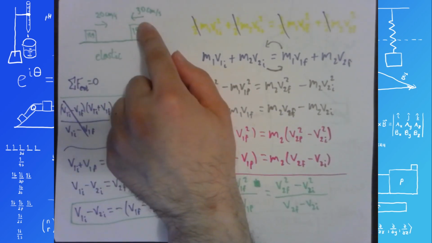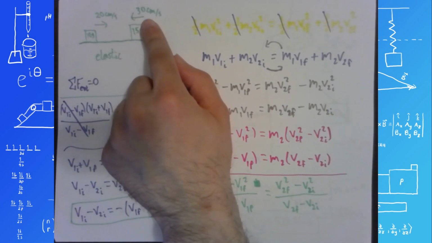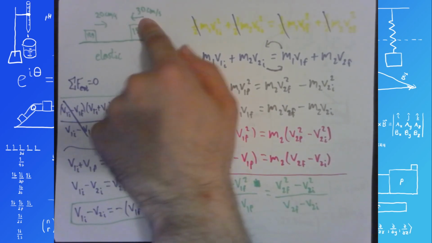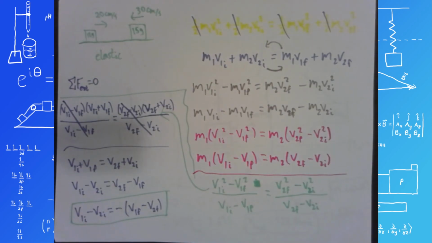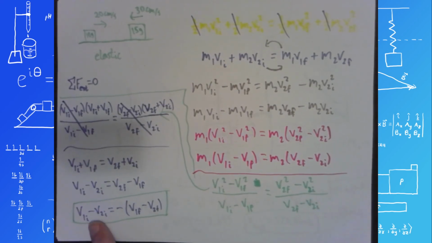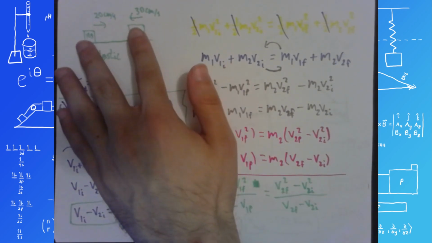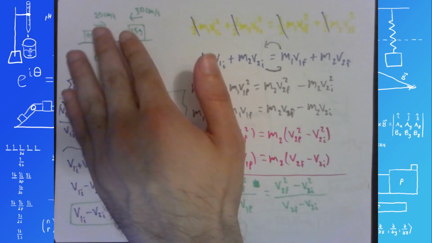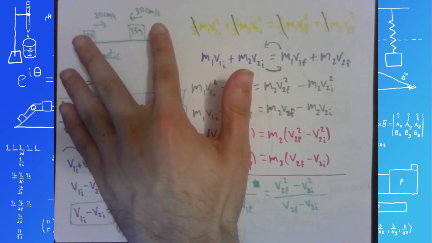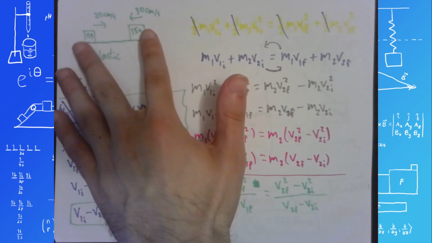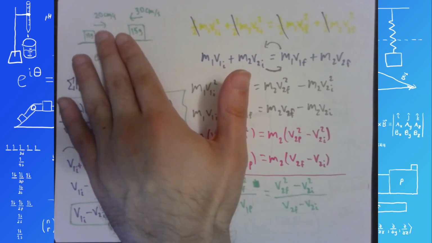V1 initial minus V2 initial, 20 minus negative 30, is 50 centimeters per second. You can think of this as the rate at which the distance between these two objects is closing. So the rate at which the gap between them is closing